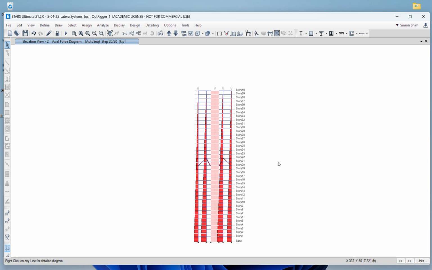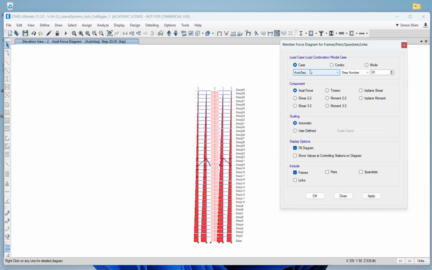But after that, obviously the superimposed dead load and live load will occur, because after the building is constructed, you'll experience the live load